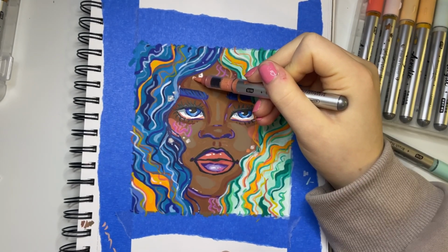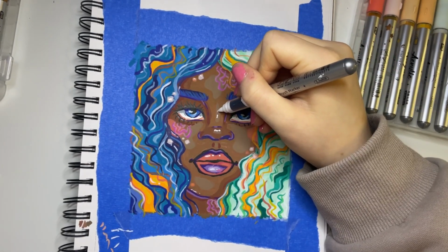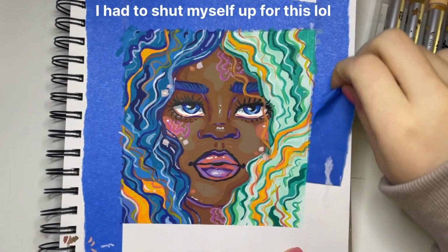But anyways, I'm just adding the finishing touches. I added some purple accents to outline. I added some little squiggles on the face and some blocks just